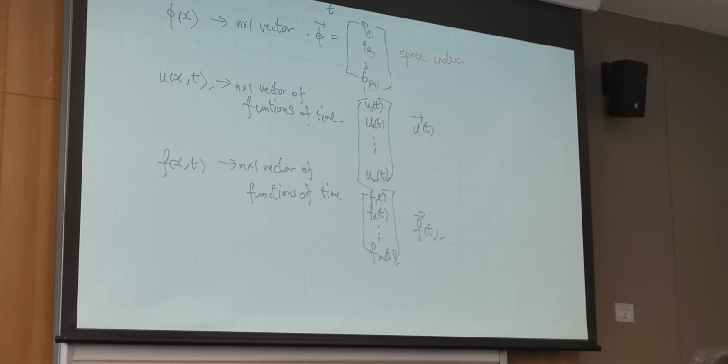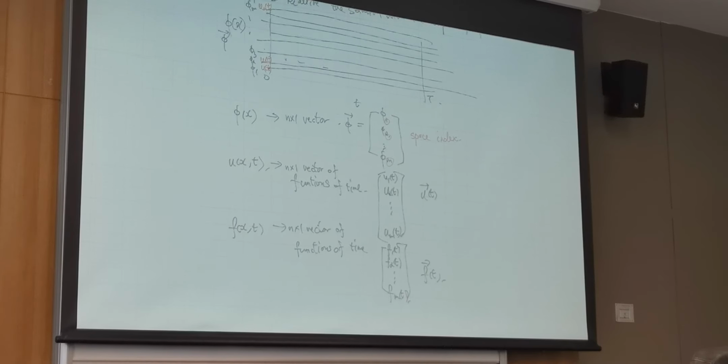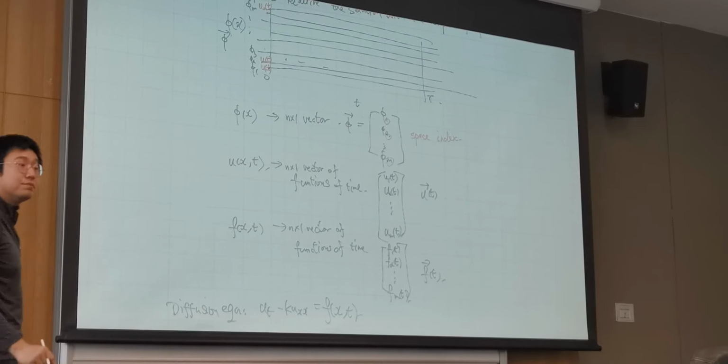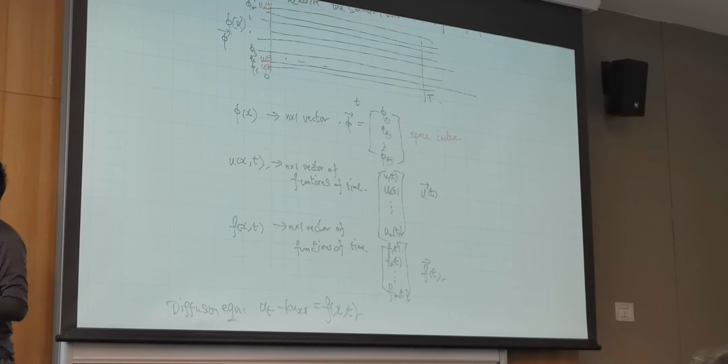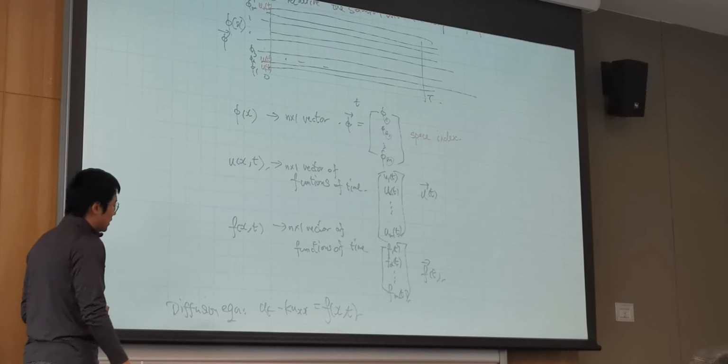And so to revisit our diffusion equation, again, don't forget we were having the diffusion equation, which was something like u t minus k u x x equals f t. Oh, sorry, f x t. This was my diffusion equation, right? And what I would like to claim right now is that, you see,